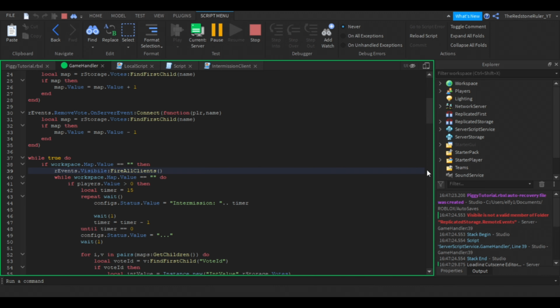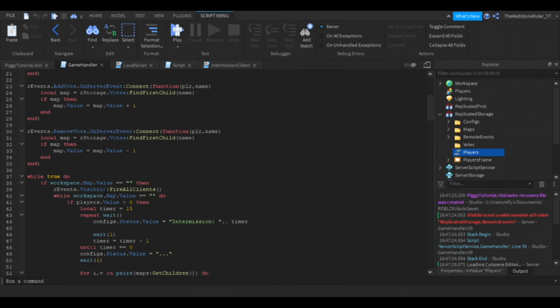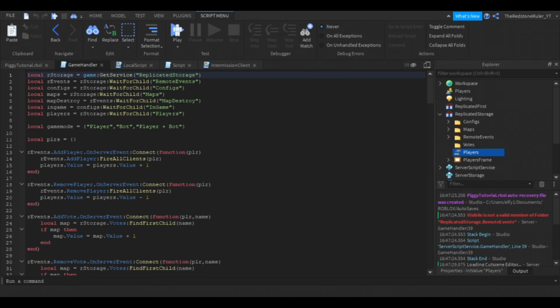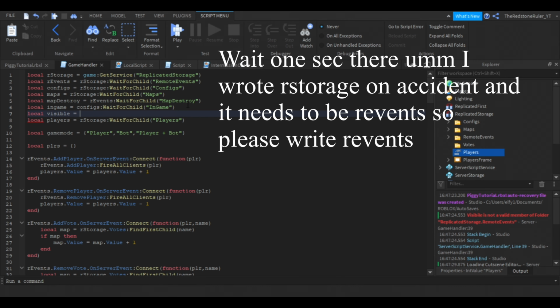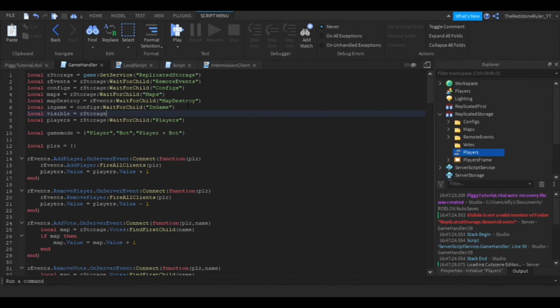Visible is not a valid number of remote event. So, why is it giving me this error? First of all, I'm super stupid and I never created a variable. So do a local visible equals our storage, and then we just did dot. Well, remember how I told you guys you should